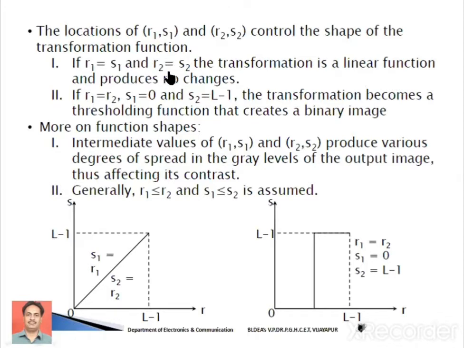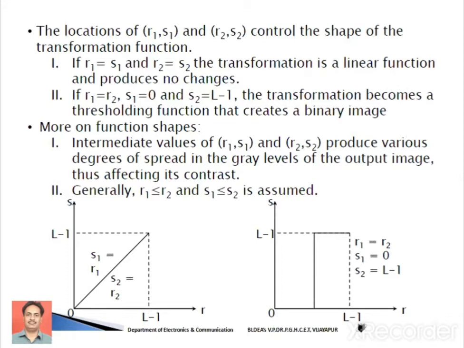First, if R1 is equal to S1 and R2 is equal to S2, can you think what will happen? We are going to get simply a curve like this. Here I am showing the graph by means of the cursor. If you observe this, it is nothing but the identity transformation,